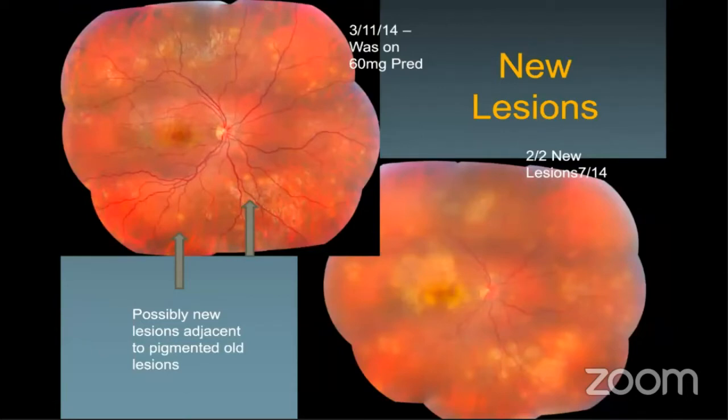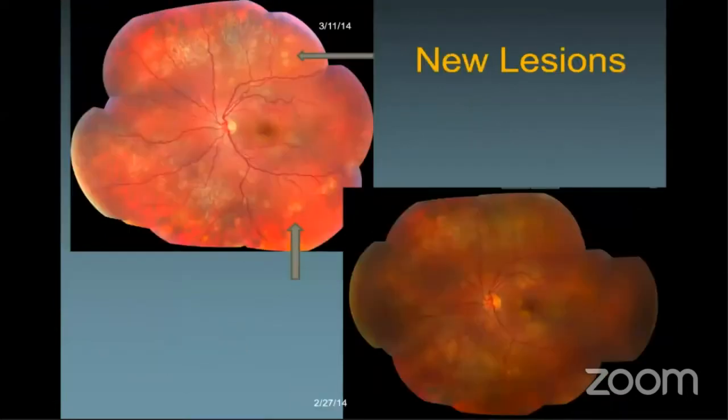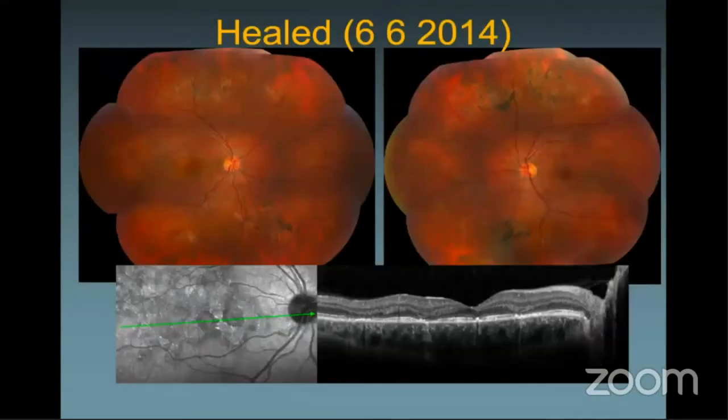These images are courtesy Dr. Lee Jampol, and you can see new lesions in the fellow eye. And eventually, when you treat them with steroids and possibly sometimes immunosuppressives based on the severity of the recurrences, one shows resolution of most of the changes. There's patchy loss of photoreceptors and pigment epithelium in this condition, likely a little bit more intense than what we